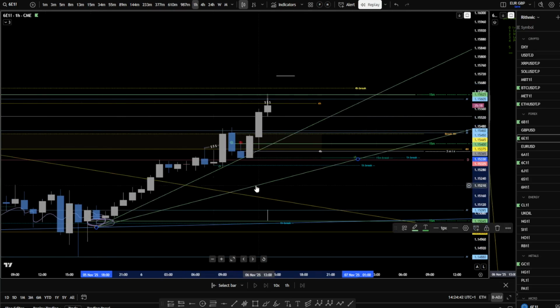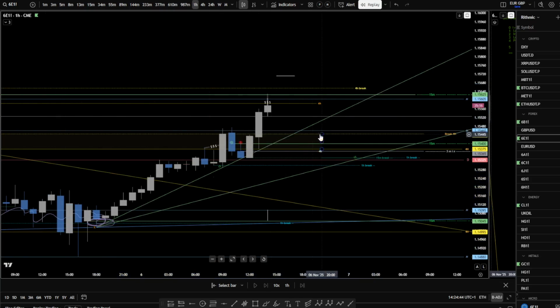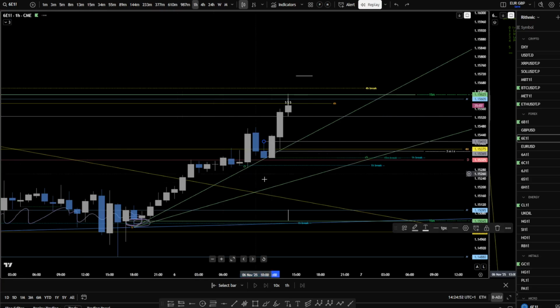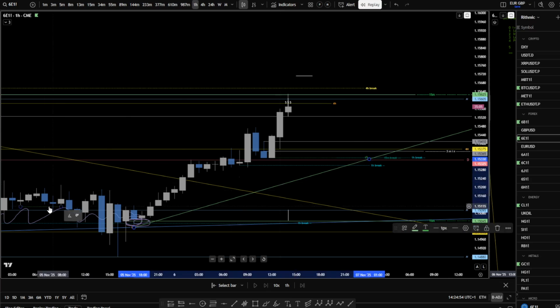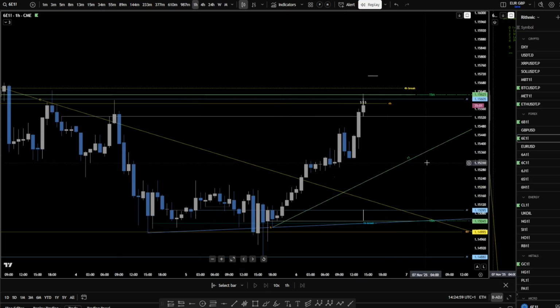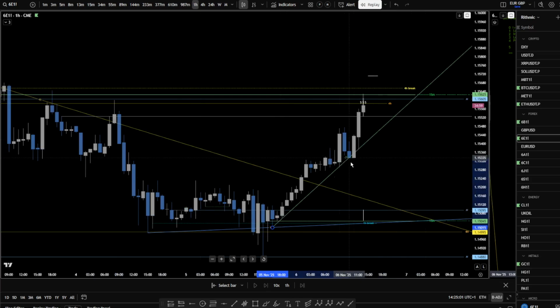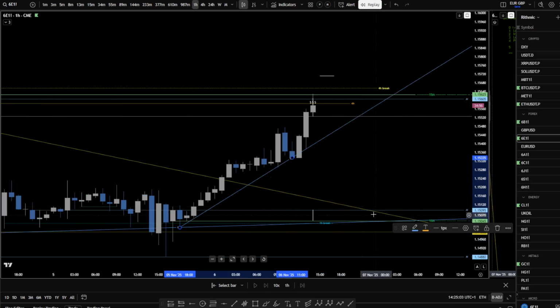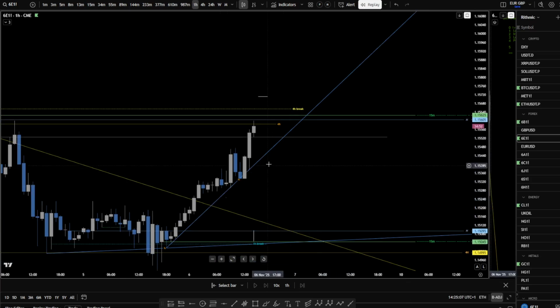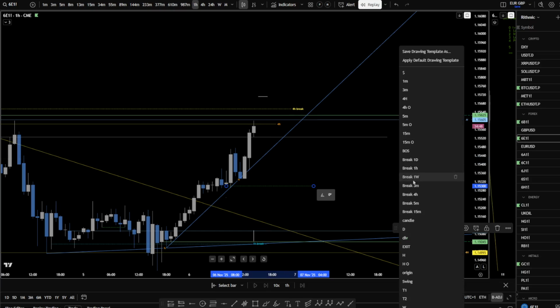But I just noticed something. I just noticed that this hourly starts with the accumulation candle on 15, which means we already have an hourly trend from here to here. We have an hourly trend. We have an hourly trend. Break 1 hour